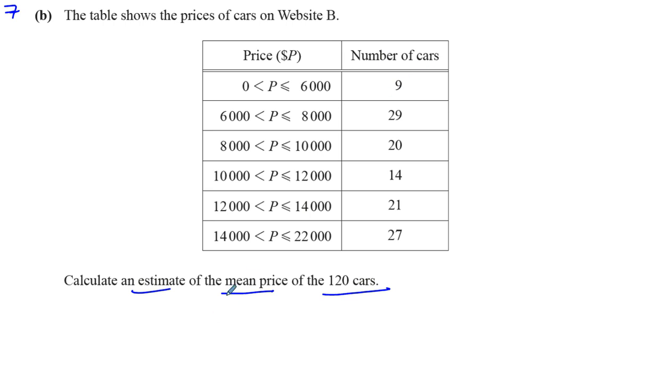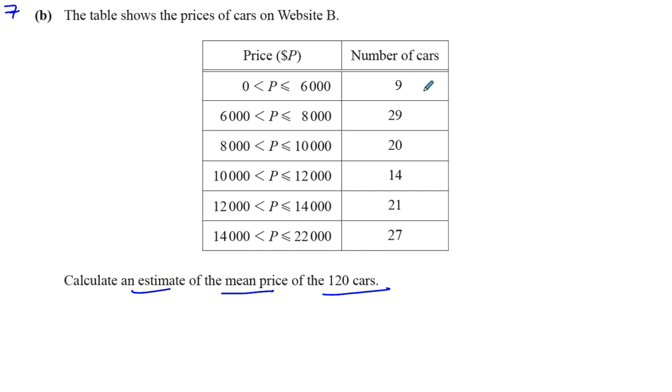The mean of a set of numbers is when you add all those numbers together and you divide by how many numbers there are. That's the mean of a set of data. In this case, we can't find the mean. We cannot find the mean because we don't know what numbers we need to add together. So I don't know what the numbers are that I add together to get the